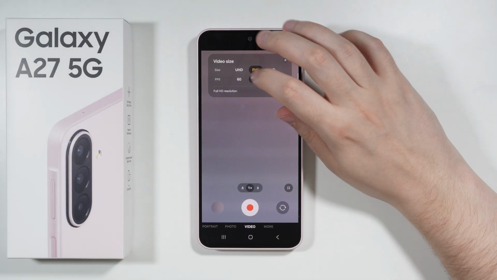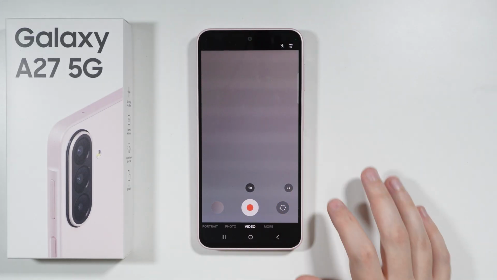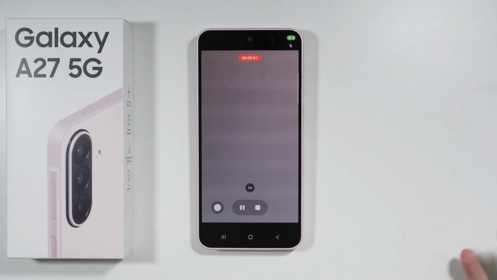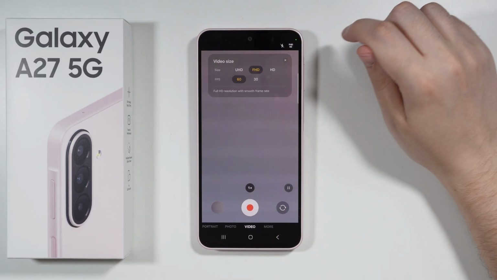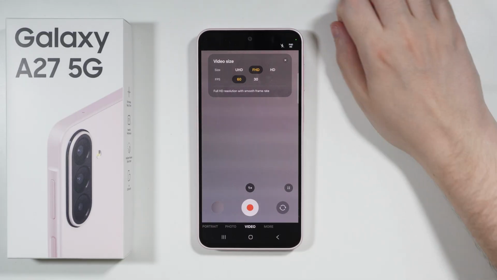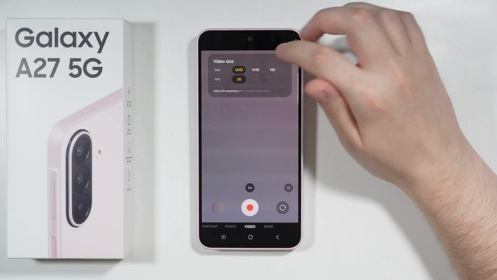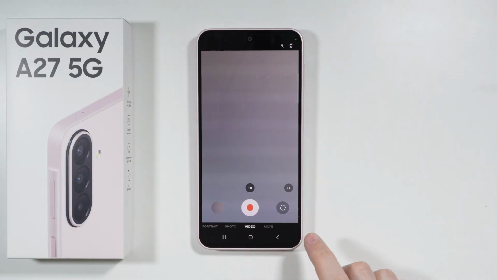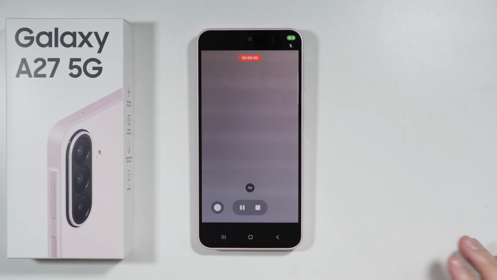but let's change that to, let's say, 60 frames per second, and let's see if now the button is going to be here. Unfortunately, no, as you can see, the button is gone. So if you use 60 frames per second, unfortunately, you will not have the option to switch to the front camera. And let's try the Ultra HD resolution, so 4K, 30 frames per second, and here also the button is